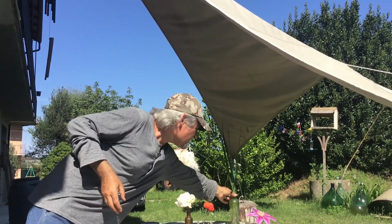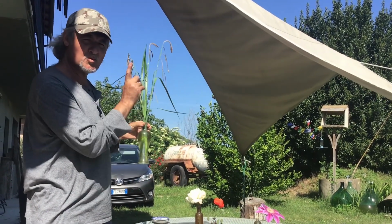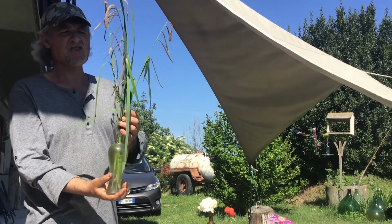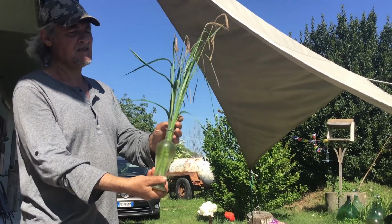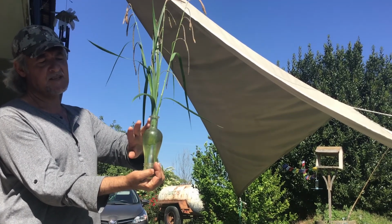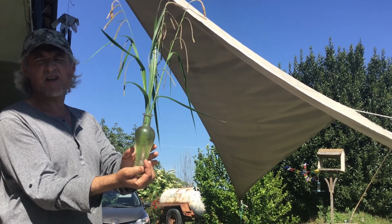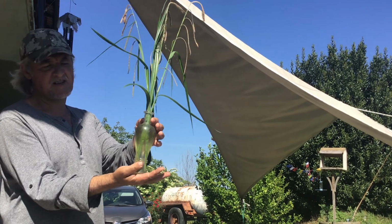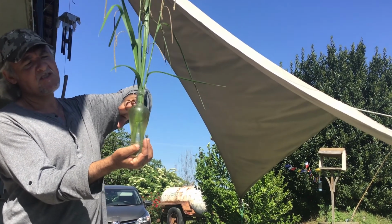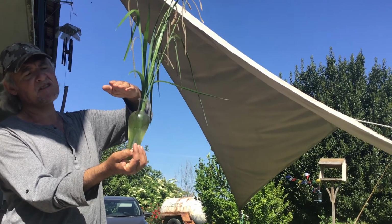Like this one here. Again, these are all simple compositions, one kind of thing. This is just one, this is a sedge. It's like a kind of grass. But the composition with this, again, this is an old oil bottle that most people would just throw away. I just like the shape. It's a very elegant composition. There's certainly, this is like in thirds. Look, third,